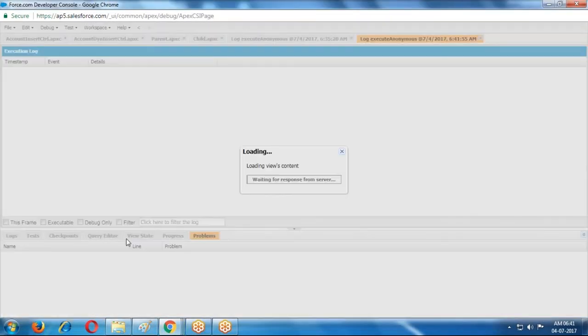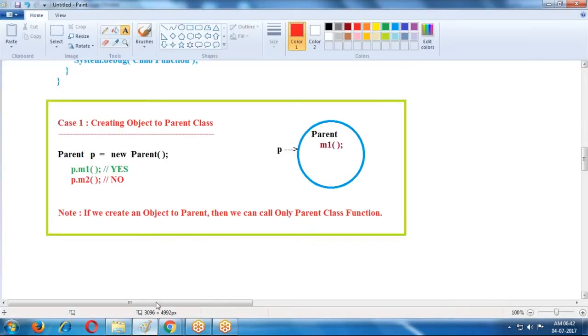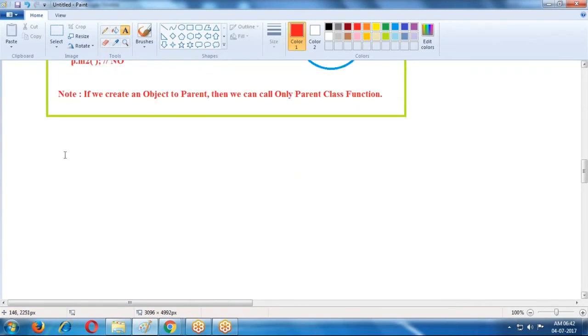We get the parent output and child class output. We get the parent function and child function. That means here I created the child function in the child object only. What happened in this scenario? In case 2, what is case 2? Case 2.